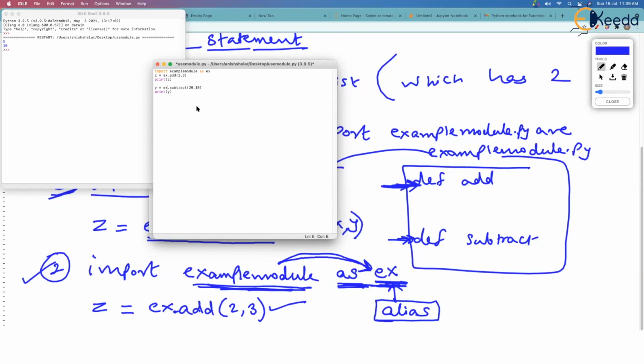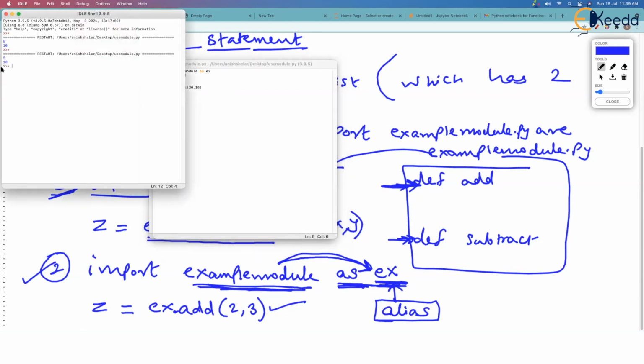Okay. I'll save this again, of course, with the same name, use module, and let's try to run it. It will again print 5 and 10. Of course, you know the output. You can see this is the latest output, which has printed 5 and 10. I hope you have understood the alternate way of importing a module.